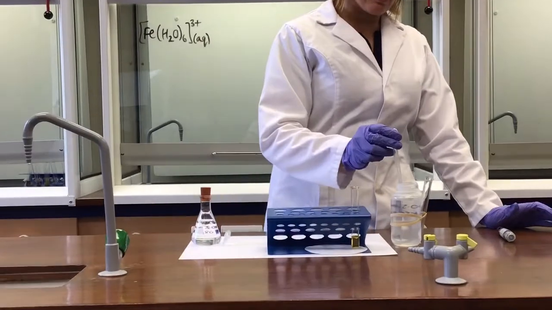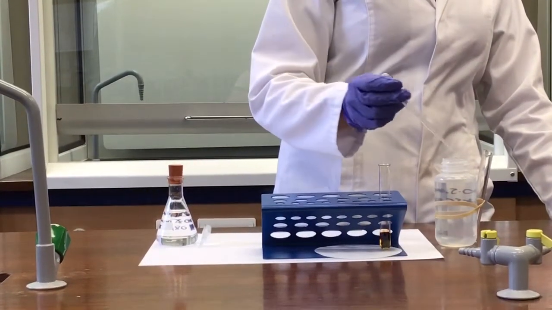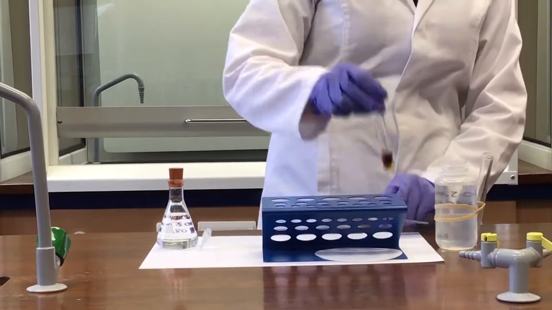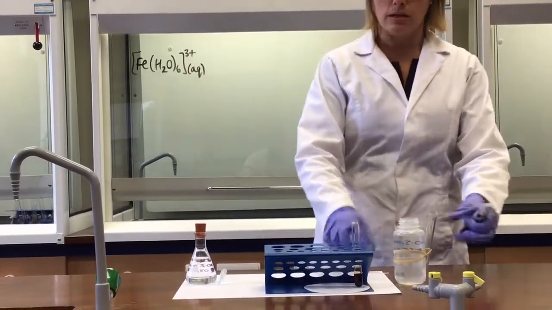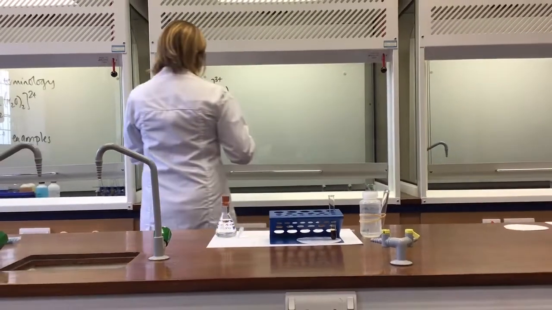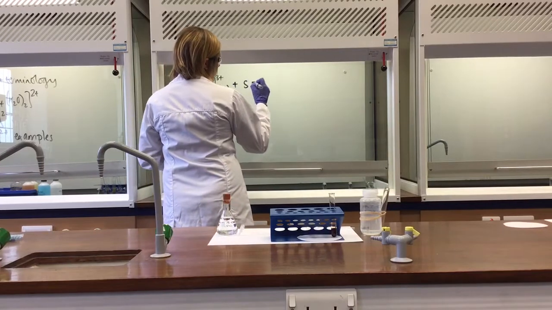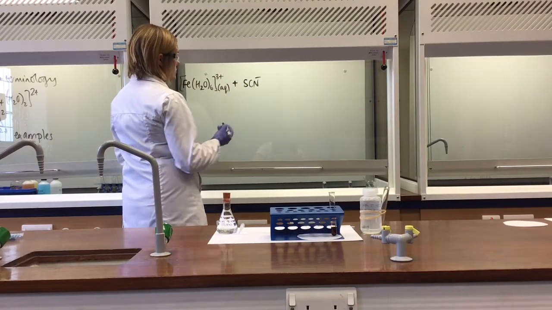I'm just going to take some potassium thiocyanate and add literally a drop of that into that test tube. Give it a shake and it makes that amazing blood red coloured solution, like so. So this is a ligand substitution reaction where one of the thiocyanate ligands substitutes with one of the water ligands